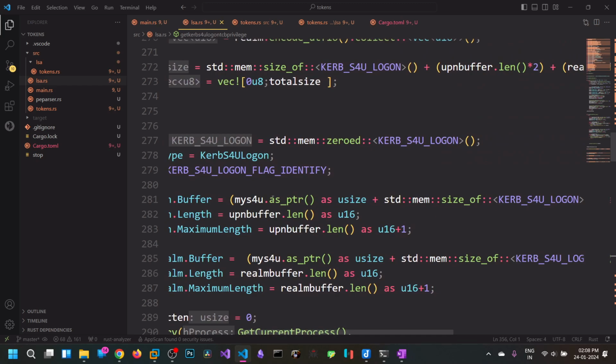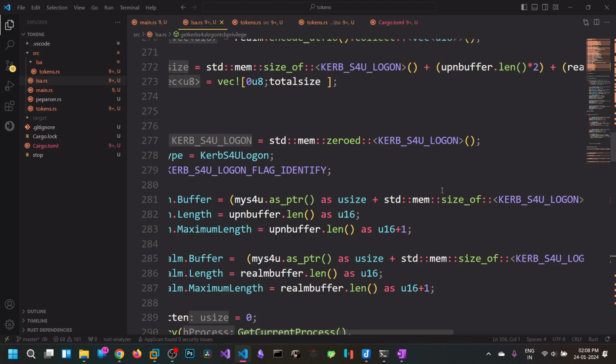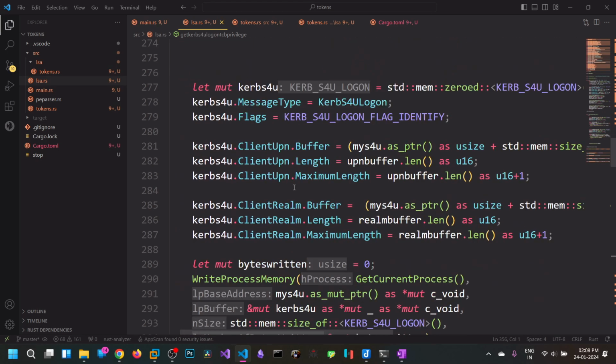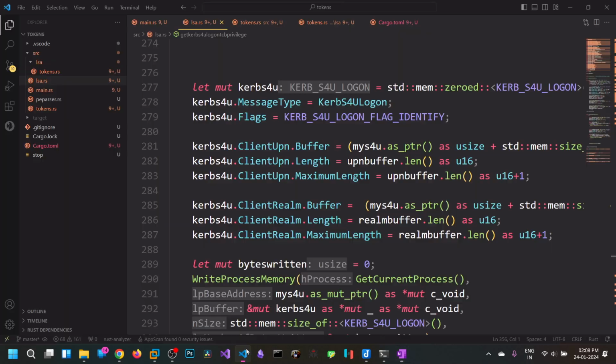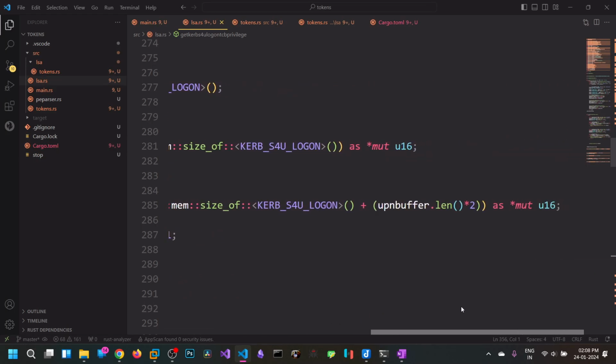My S4U pointer starts here, and if you add the size of this Kerberos S4U logon, you will get this address. That's what I am doing here, and the same for the client realm. For the client realm I should add this one as well to get up to here. That is what I am doing here: my S4U logon and UPN buffer,